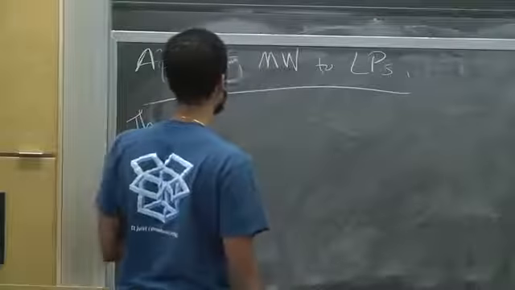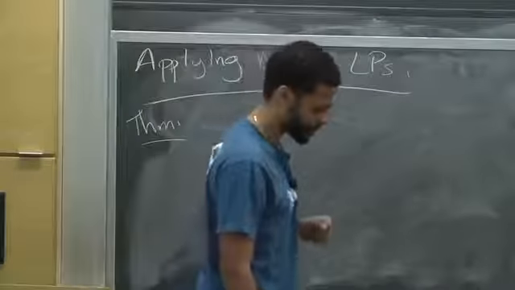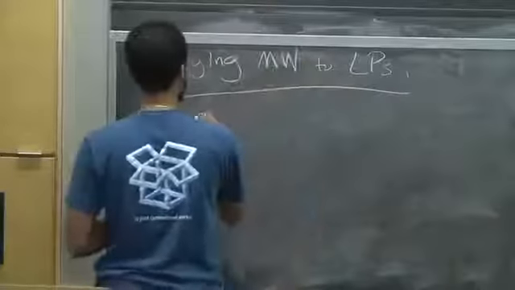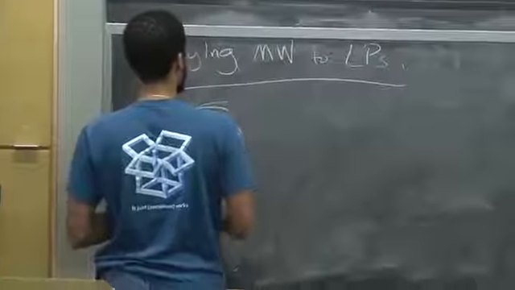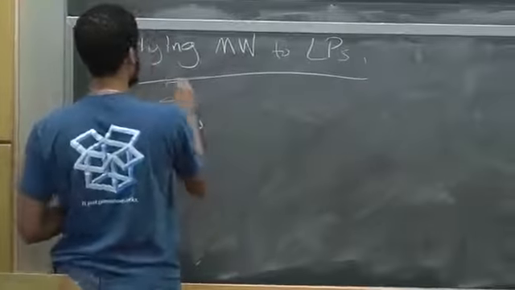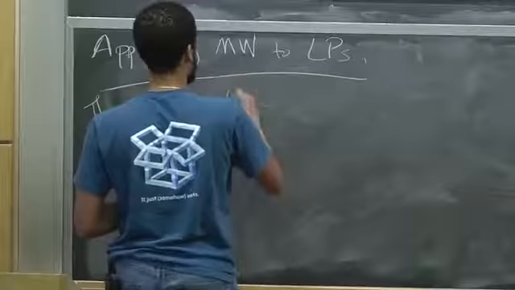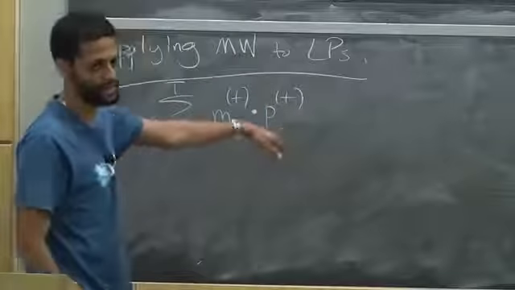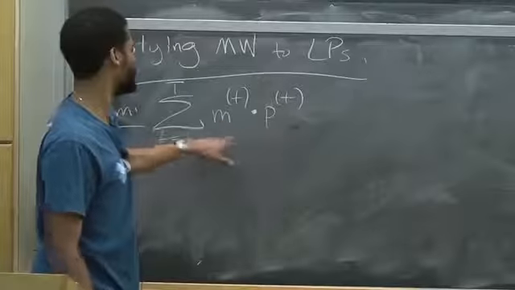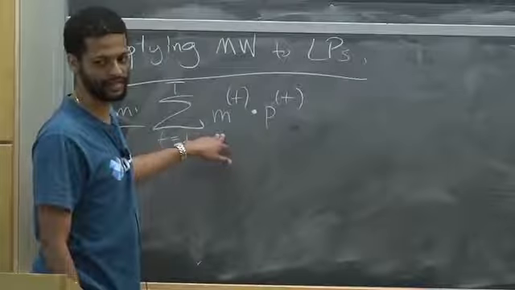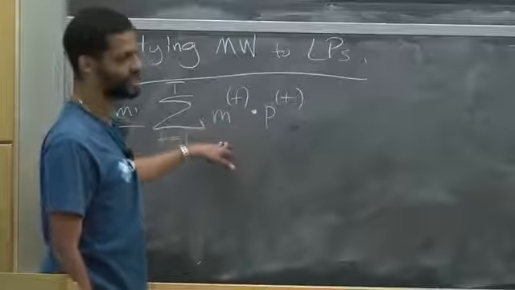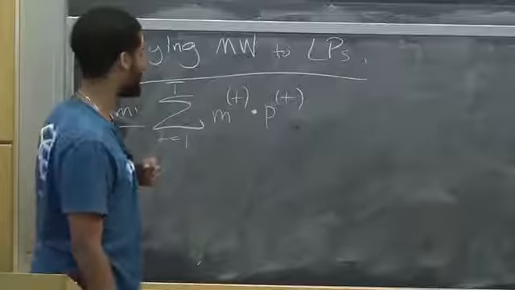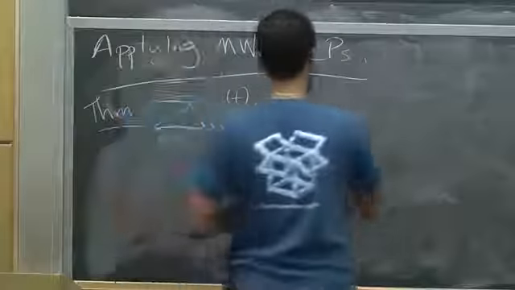We said that if you use multiplicative weights to come up with the probability vectors in each iteration, you get the guarantee that your sum of expected costs over all the days, so this is mt dot pt, where pt is the probability vector you output over the experts on day t, and mt is the cost vector on day t. Remember, the ith coordinate of mt is the cost of the ith expert on day t. This quantity is at most